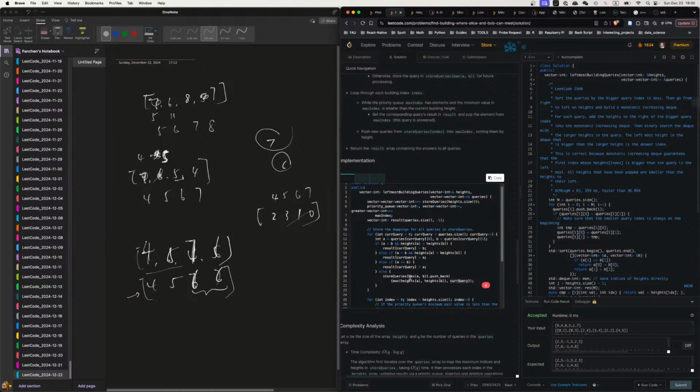Right, so this vector is a vector. And in the vector you push back